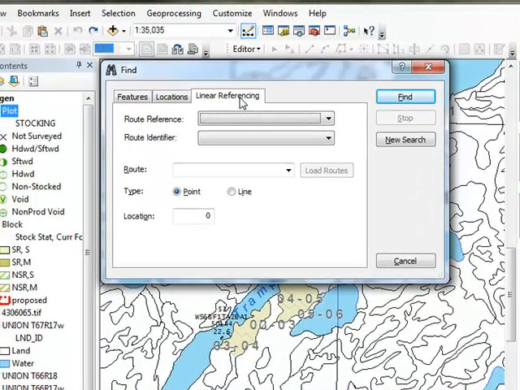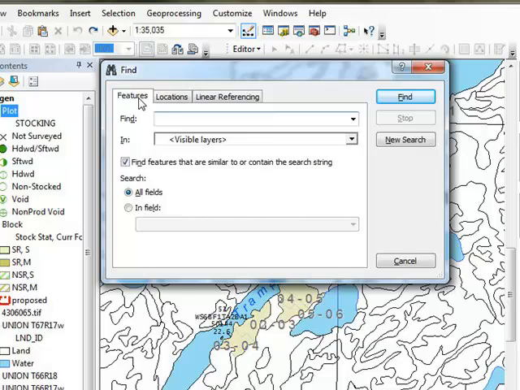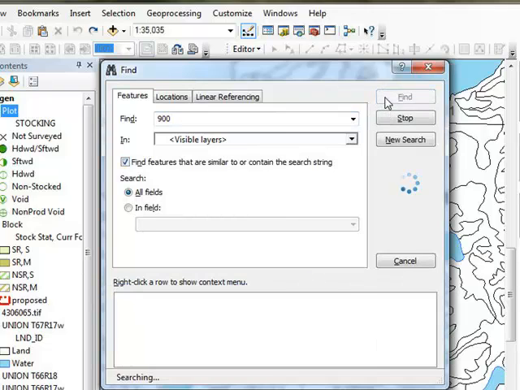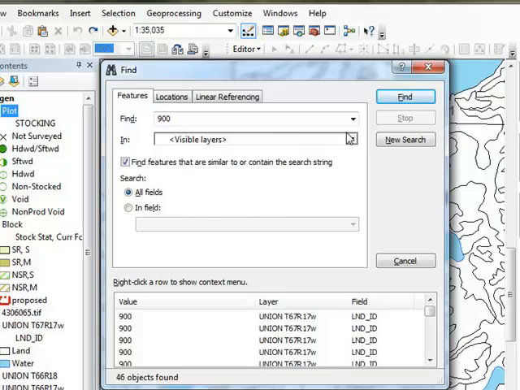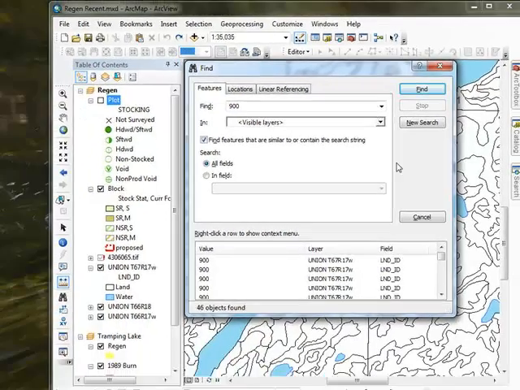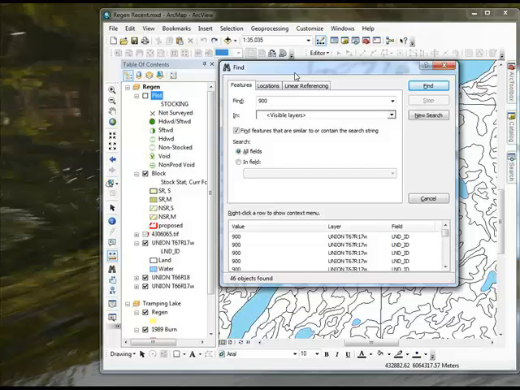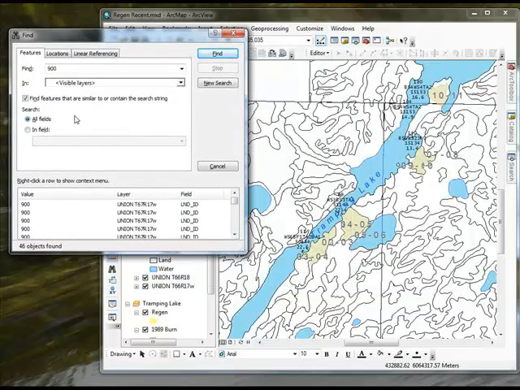Well, we don't have any data that's routable in here, so if you're working with different data types, you might be able to use that. But we can definitely use it for features. We're going to type in 900, which is a land ID, and do a find, and it's going to search for features in the data sets here that have 900. And then if we want to actually see where those are, we can click on them,